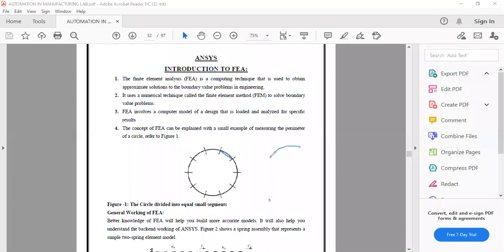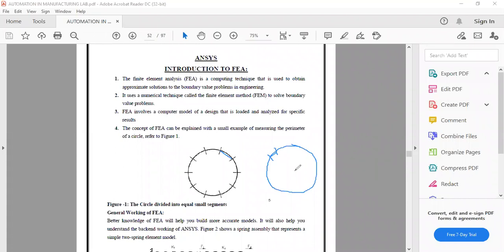For example, I draw the same circle and make it much finer now. Instead of having 10 divisions, let's say we have 20 divisions. So each division becomes smaller. If I now draw again that straight line from this node to that, and this continues, which one of these will give me a better or more accurate perimeter?